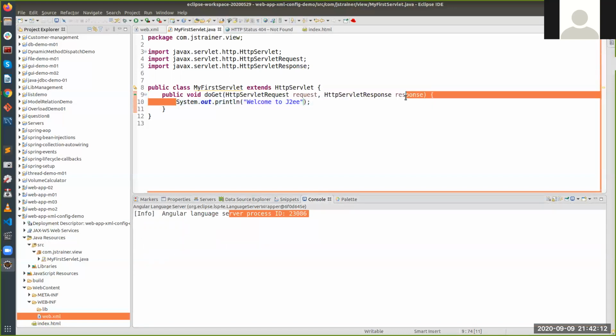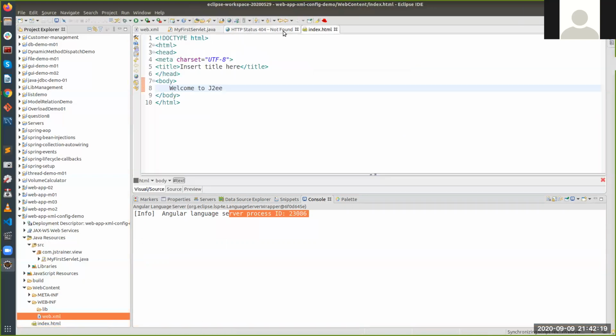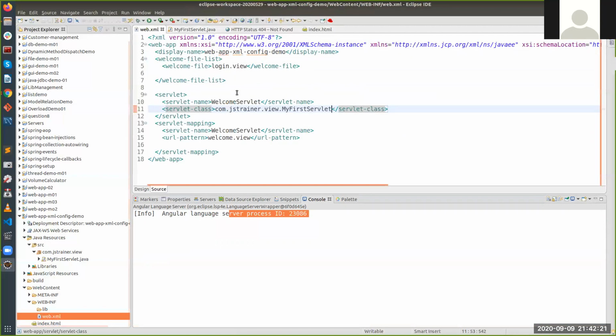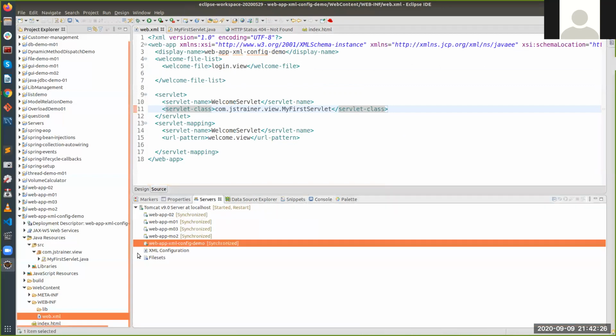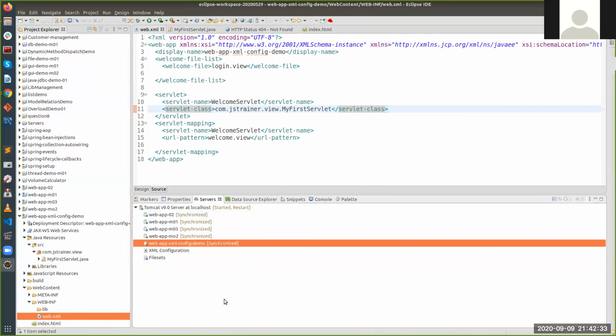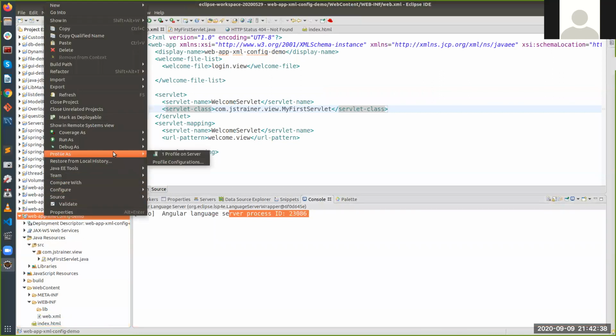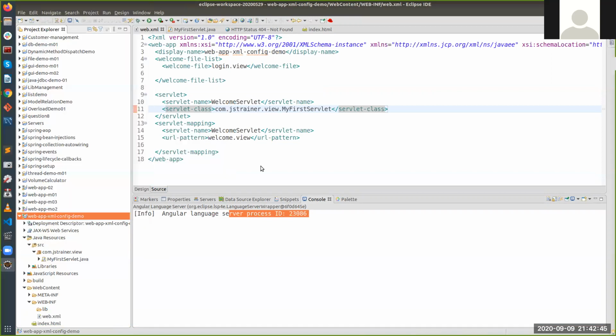How can I show the data to the client? We'll see it, but let's try to deploy this and run it and see whether this servlet is being called or not, and whether the servlet configuration is okay. Whenever you are making changes to the server, it is probably going to reload your configuration, all the changes that you have made. Reload means update, refresh your application if there are any changes. But here, I'm going to run this again on the server.